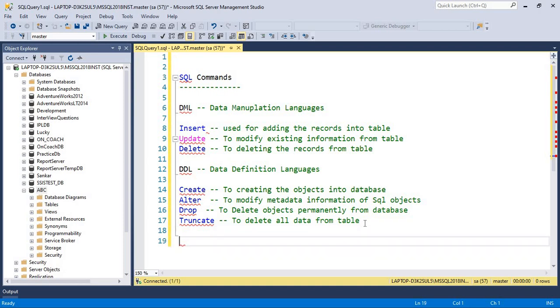Let's move to DQL. What commands come under DQL? Select only. Sorry, I didn't tell you the abbreviation of DQL: data query language.